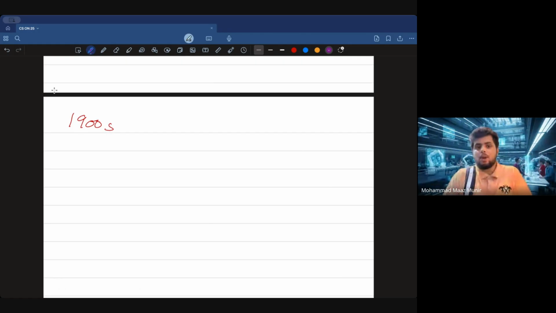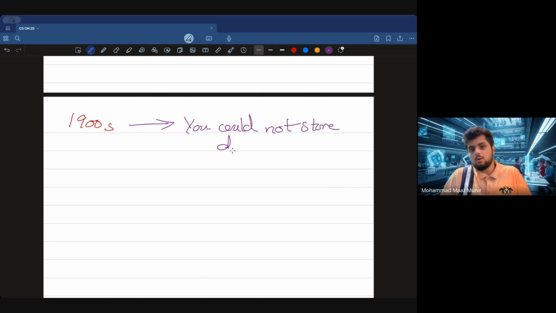Now, the old computers of the 1900s, when new computers had just arrived, had one limitation: you could not store data. So it was more like, I don't know if you guys have seen this, but